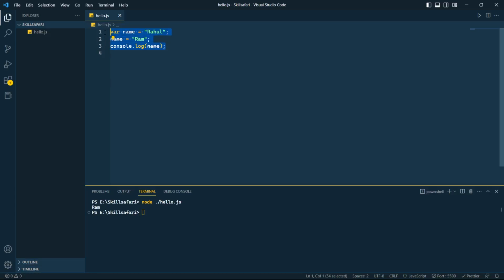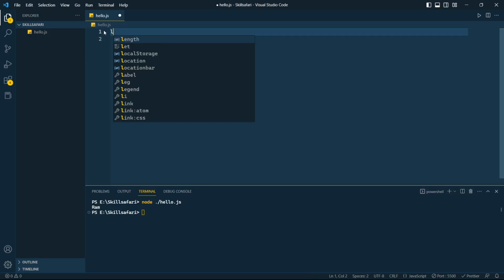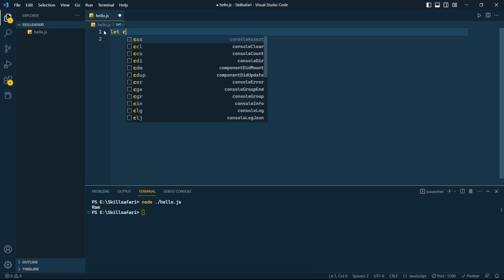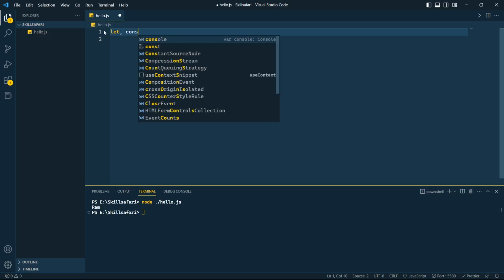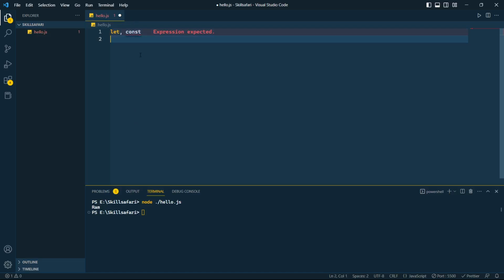But we have some other keywords, let and const. These keywords are stricter than the var keyword. The var keyword is global scope, and let and const are block scope. So what is this? I will let you know in just a minute.